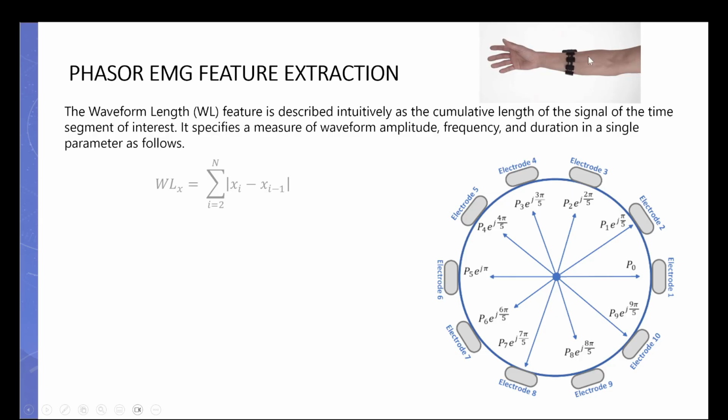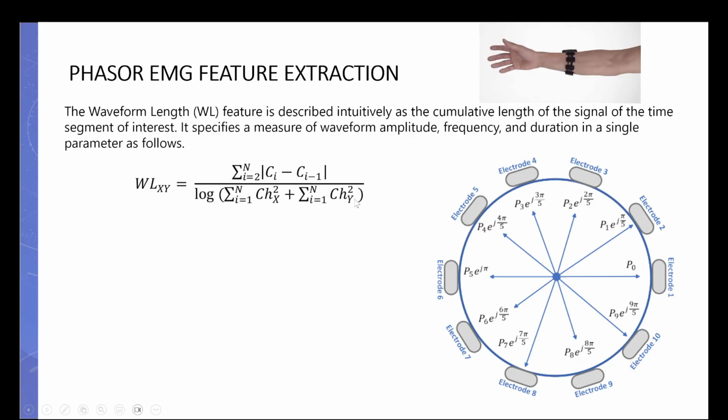So in one example, where you have an armband, for example, with 10 EMG channels, I am going to generate a new set of virtual channels using the same technique we just described. And instead of extracting waveform length from each of these individual channels to have 10 WL values, we are going to have a set of virtual channels, and I'm going to apply the waveform length on the combination, the virtual channels that we have created, normalize that by the summation of the signals squared from the first channel